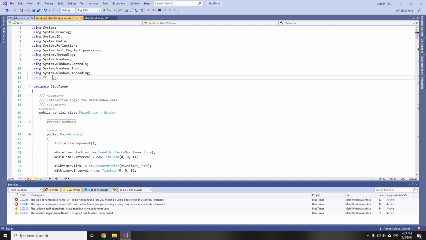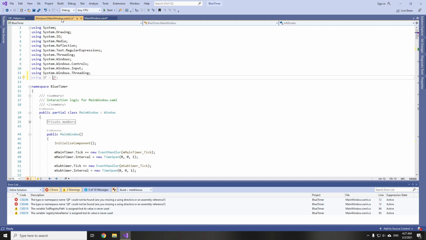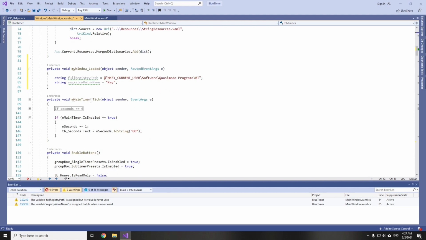Oh, one moment. I also want this namespace to be QP helpers so that we can reuse this class in multiple projects. So QP helpers, this was the namespace, then goes the class name, and that's it. Now we can use it.